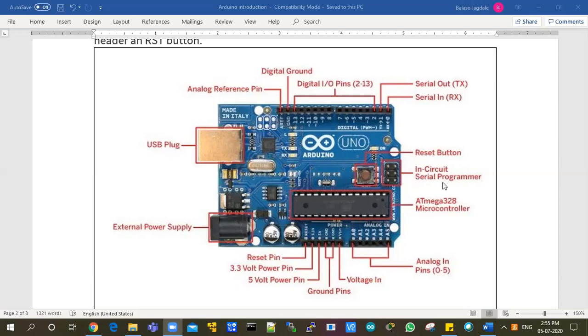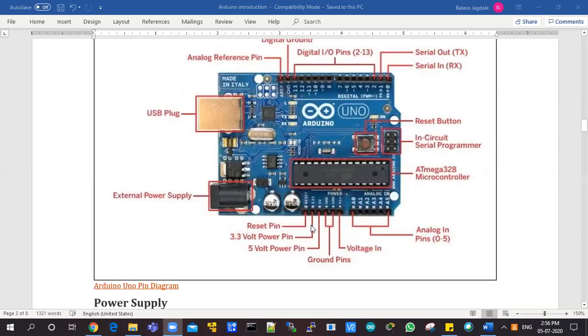There is also the in-circuit serial programmer, through which you can push the program into the EEPROM. This is the other way, because these special pins are there, and special EEPROM programmers can be connected here. And of course, I told you, the reset pin is there. Here also you can apply the reset externally. Then this is also a kind of reset for other peripherals. Once you press this reset, it will send the reset outside, right?